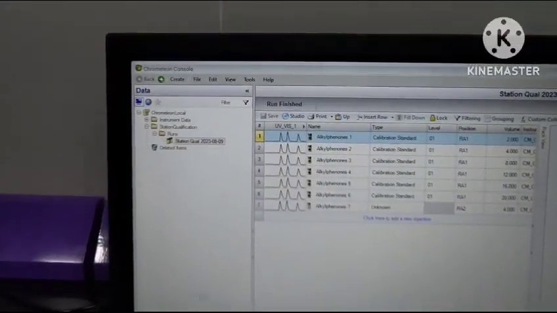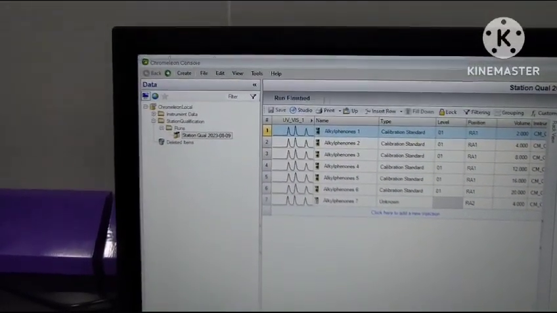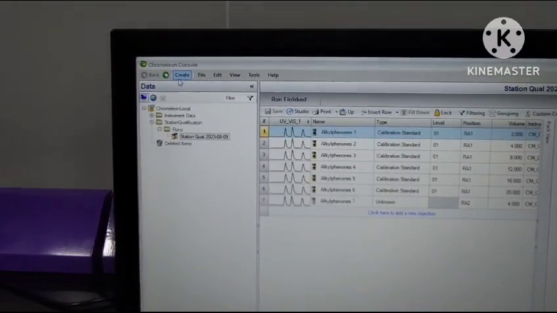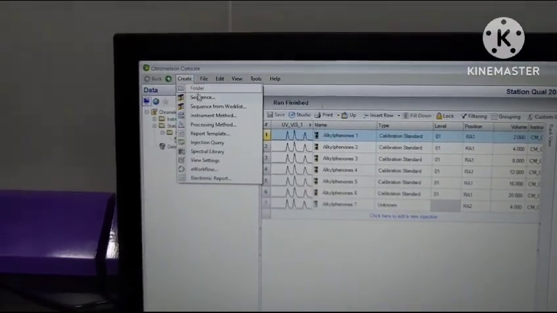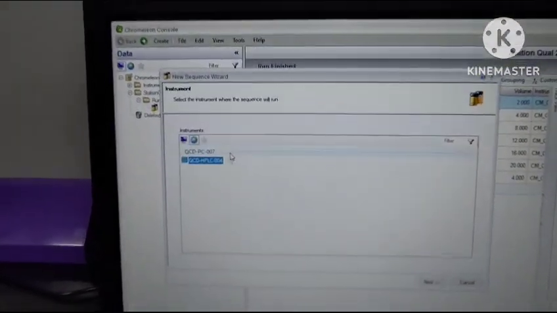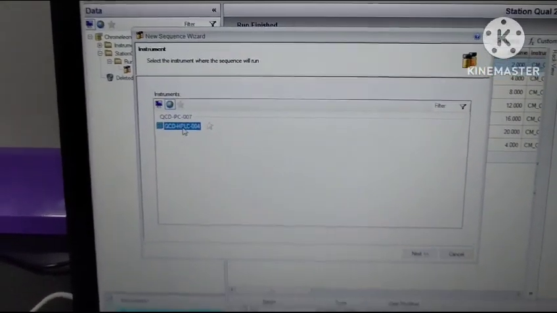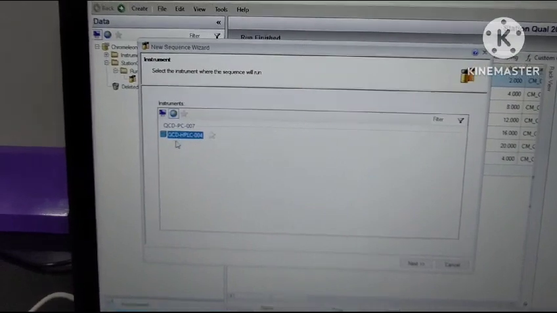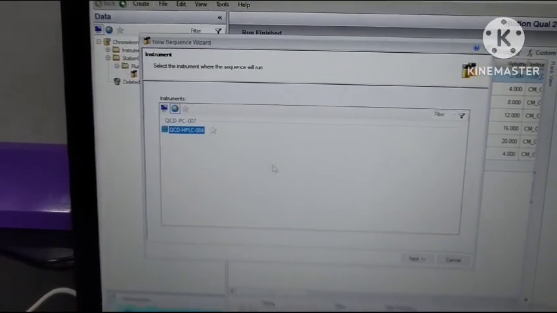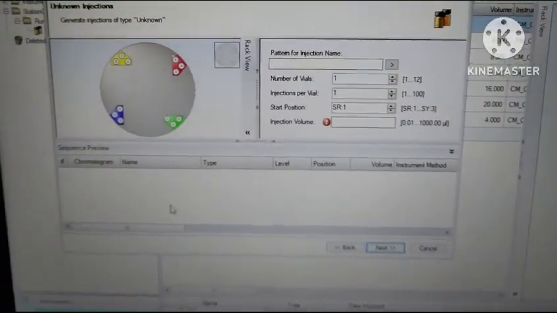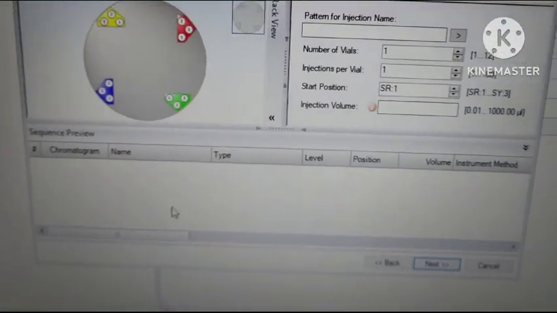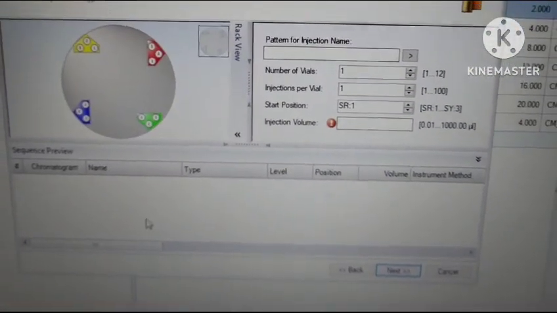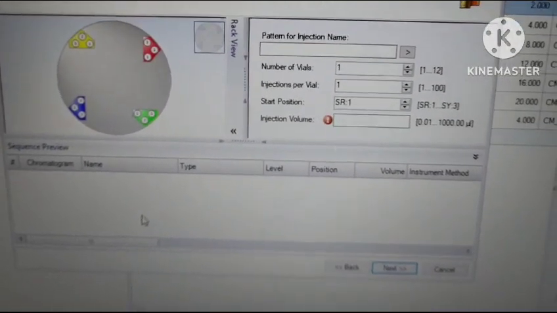To make the new sequence, you have to select the create option here, then sequence. Then it will show the instrument ID, which is here QCD HPLC 004. Then click over next. Then here just put the details of the instrument related